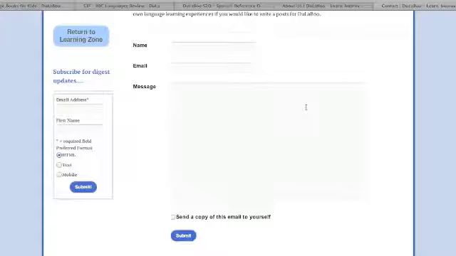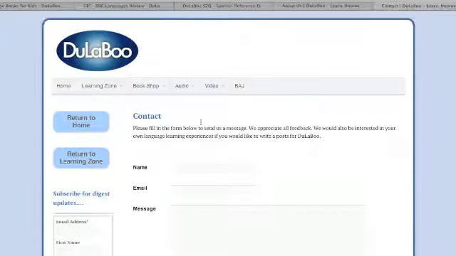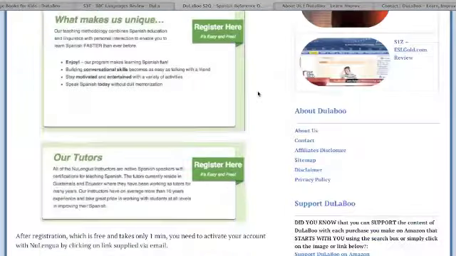Just to summarize that. For everybody or anybody who wants to contribute to our site, if it's a one-off article or you would like to have a guest post on our site, please contact us through the contact form on our website. It's www.dulaboo.com/contact, or simply on the main page, go and click on the contact form here and just state your intentions. Tell us what you would like to do, and we help you basically to publish your experience on our site.